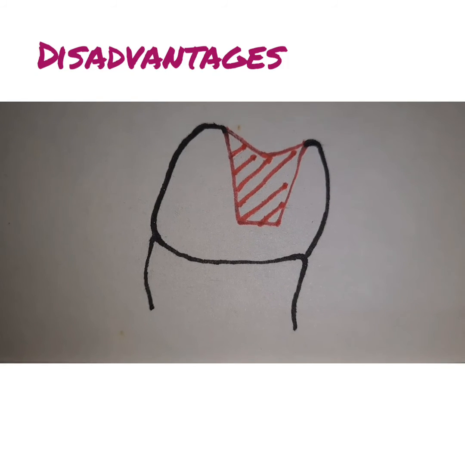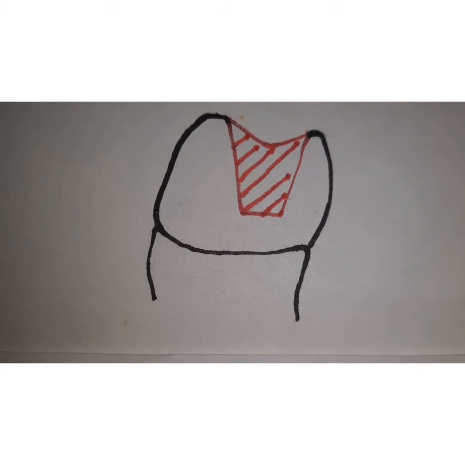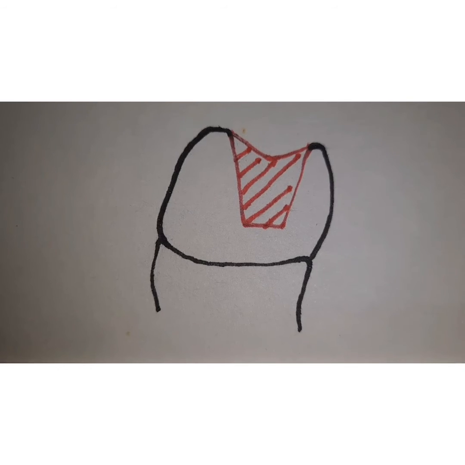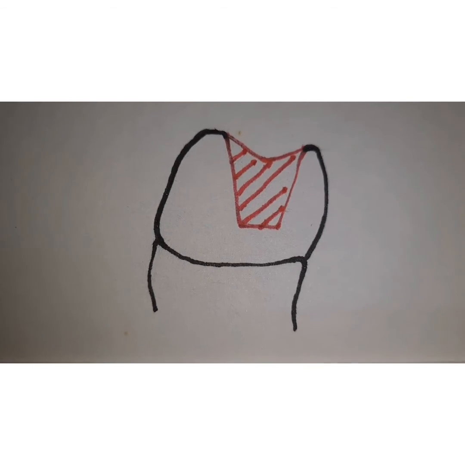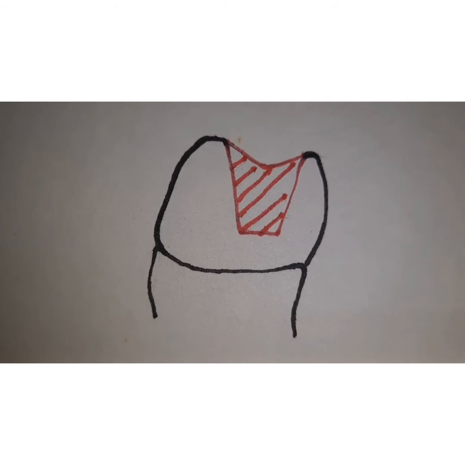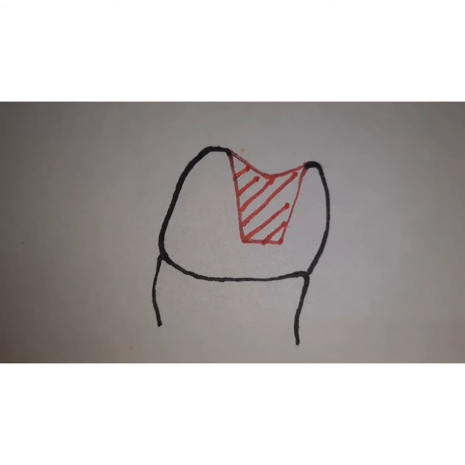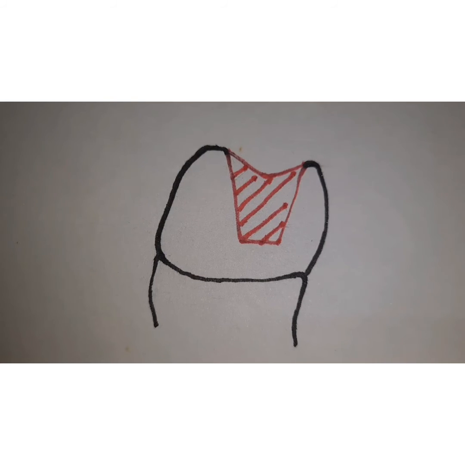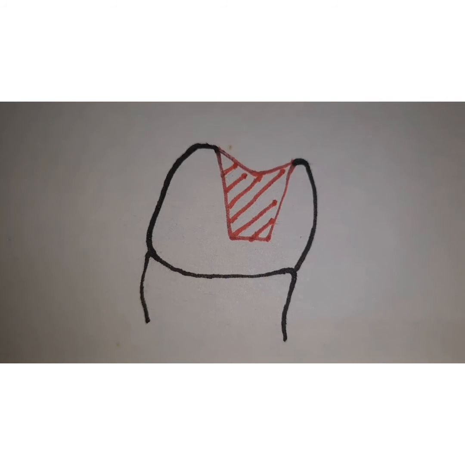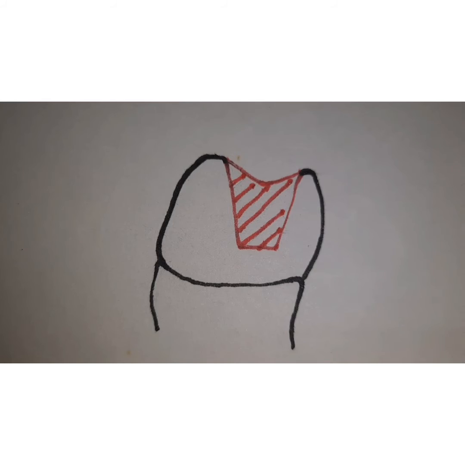The disadvantages of this type of restoration are that it is less conservative than amalgam, and there is display of metal if you are making it with an all metal material. It utilizes a wedge retention which exerts some outward pressure on the tooth, so we don't indicate it in smaller teeth. If there is a wedging effect, the tooth becomes weaker and there is a chance of fracture on high masticatory force. It is a time consuming procedure because you need different impressions and then you need to send it to the lab for fabrication.